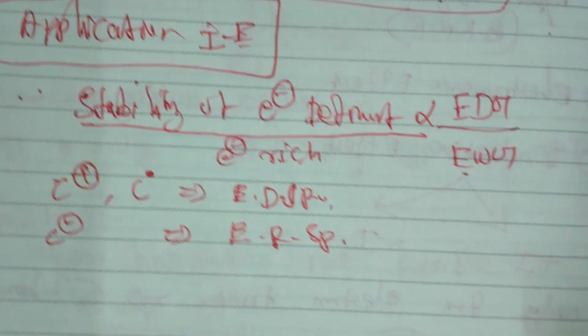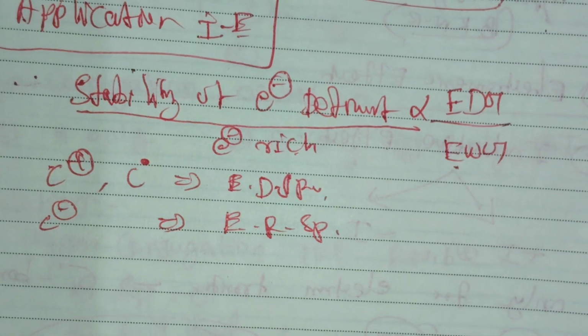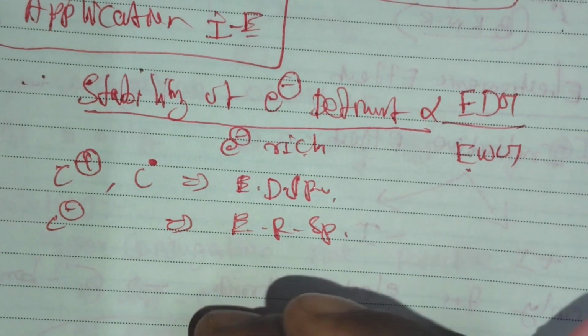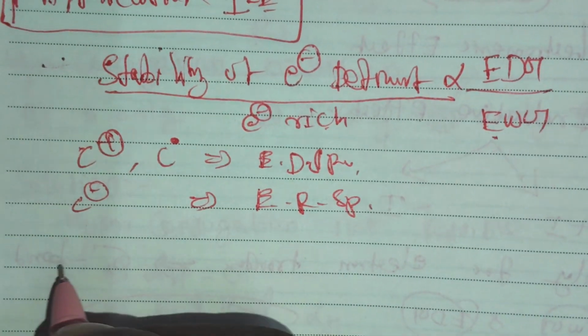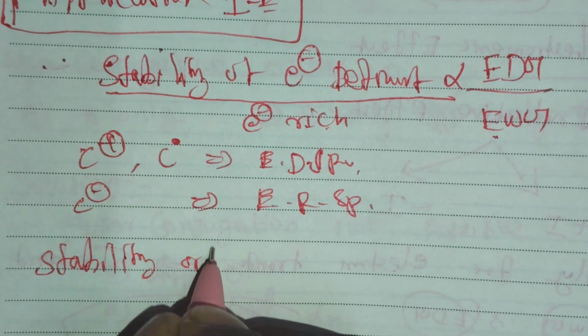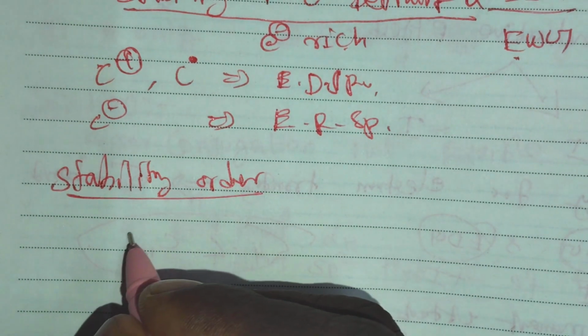Because an alkyl group is an electron donating group, especially with a plus I effect, a carbocation or free radical with more substituents has greater stability. Okay, so there is a stability order. See, in the first case, the most stable one is